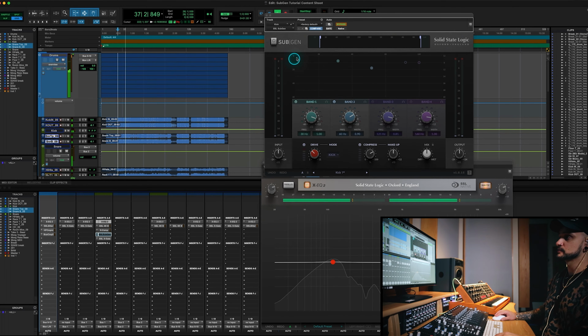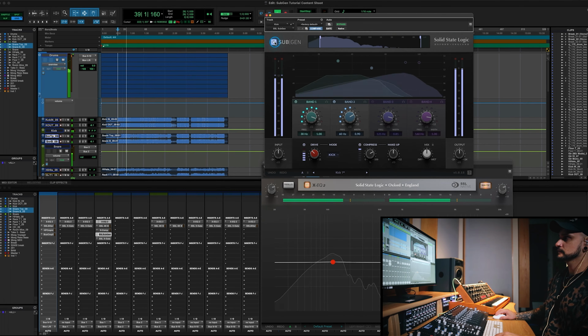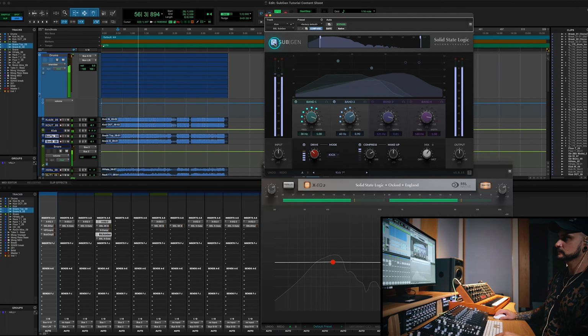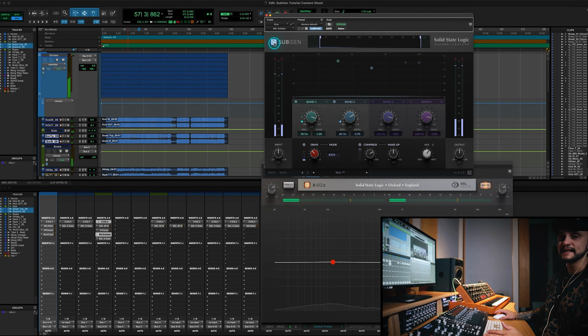This is what it sounds like with SubGen engaged. Go back to dry. And then fully wet. Even that's a usable sound on its own, but let's dial that back to about 25% extra over wet. And turn SubGen off. And there you have it, a really easy way to beef up the kick drum sound on an acoustic kit